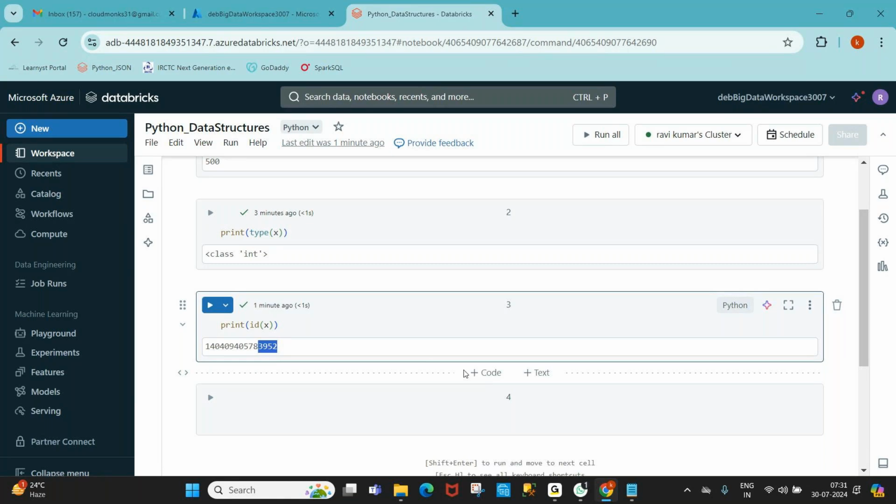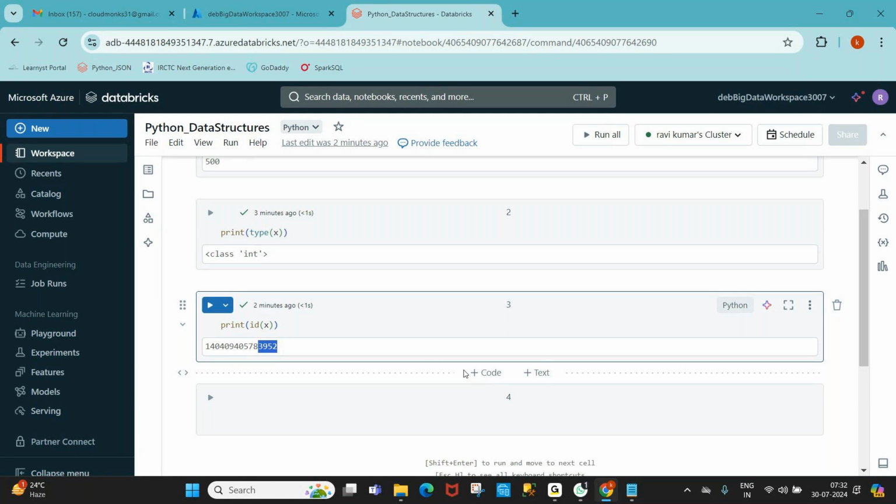Sir, what is an ID? ID is a built-in function from Python that returns a unique integer value for an object.